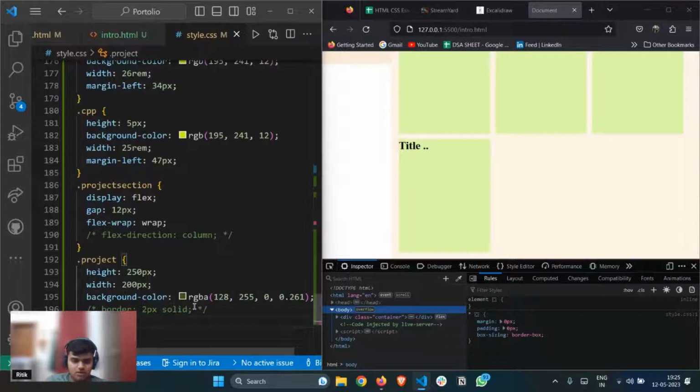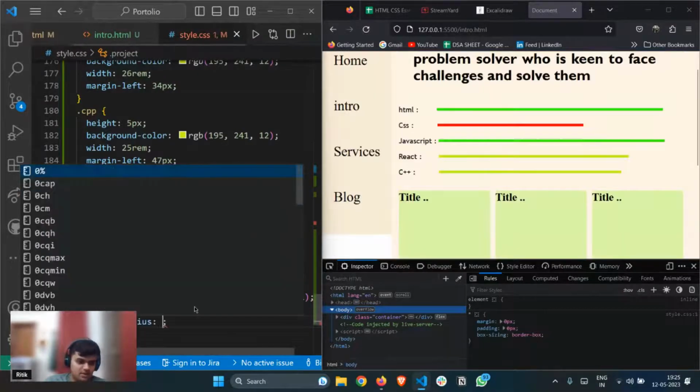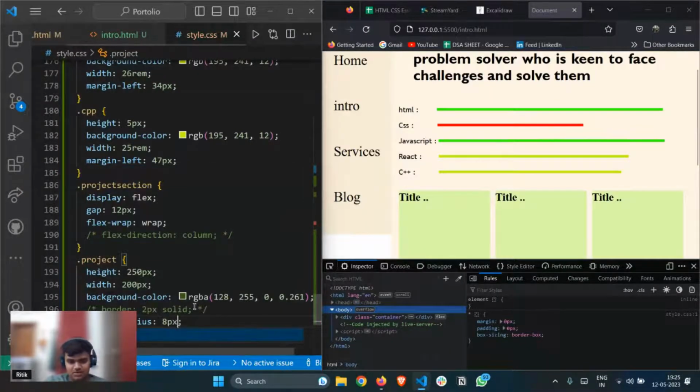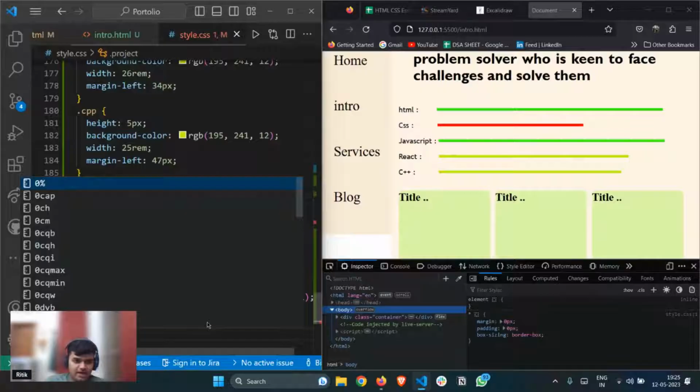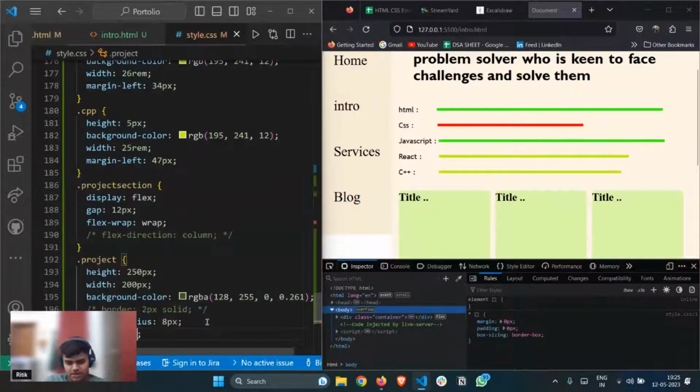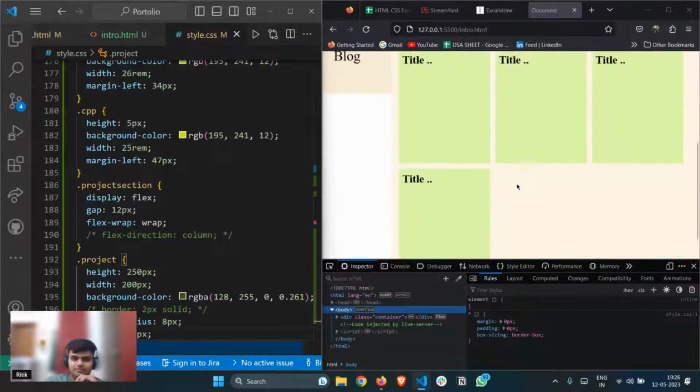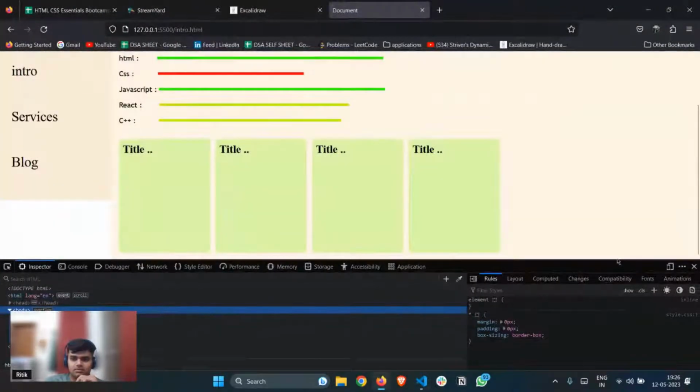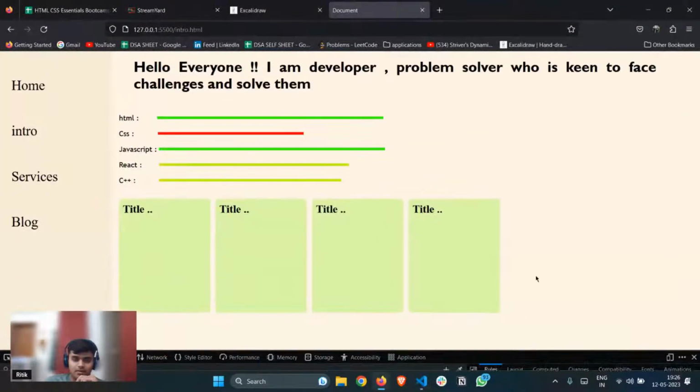And थोड़ा सा border radius of around 8 pixels if I'm not wrong. Yeah, थोड़ा सा padding of around also 8 pixels. Yeah, looking decently fine. Right, अब